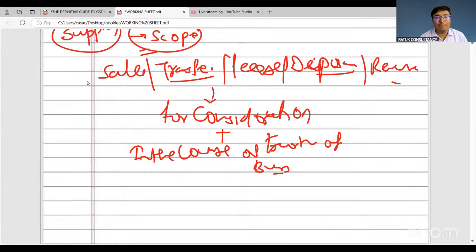Suppose, sir, just for an example, I am a trainer for GST, and suppose I have certain ideas about AI tools. Someone, my friend or my relative, comes to me and says, Sachin yaar, you are not handling work related to AI, but I just require your suggestion regarding these AI related matters. So I have provided him that type of consultancy, not in the course or furtherance of business, so the same will not be treated as supply. So to exclude these minor issues, they have implemented these two conditions. One is for a consideration, another is in the course or furtherance of business.